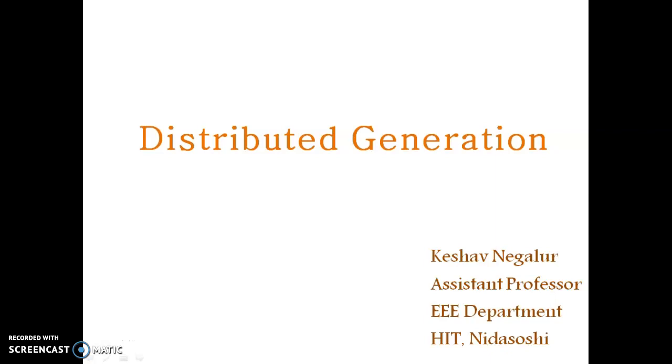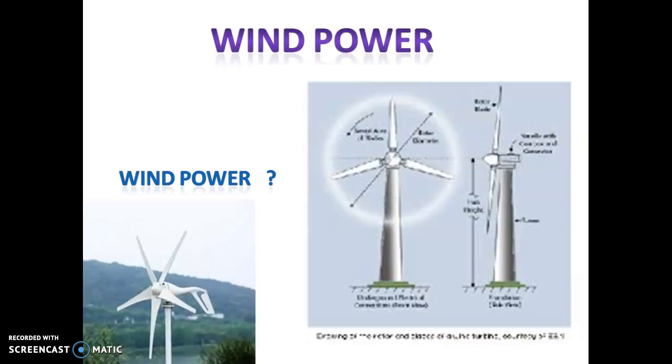Today we are going to discuss distributed generation, in that wind power. So how is power produced from the wind? That is the kinetic energy from the horizontal displacement of air, that is wind. That will be transformed into kinetic energy of rotation of turbines by means of a number of blades which are connected to an axis. Right. So this rotational energy will be transformed into electrical energy by using electrical generators.